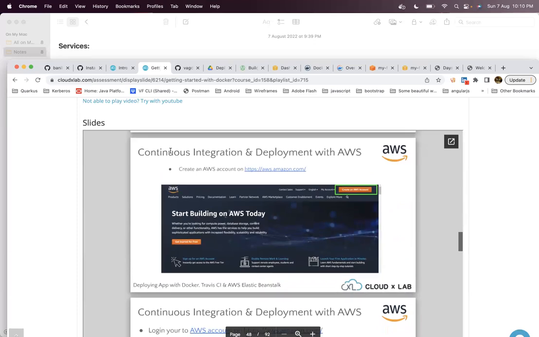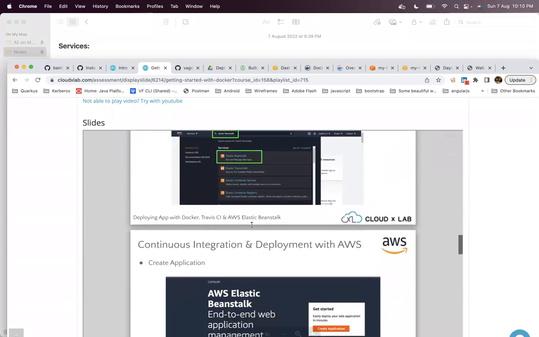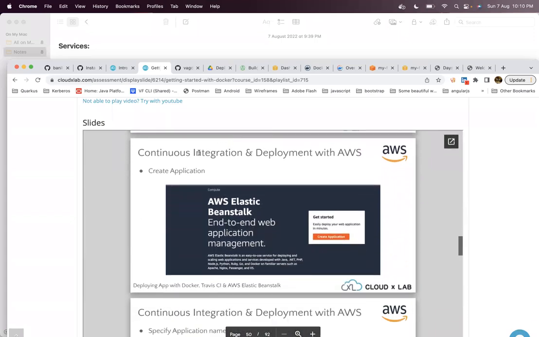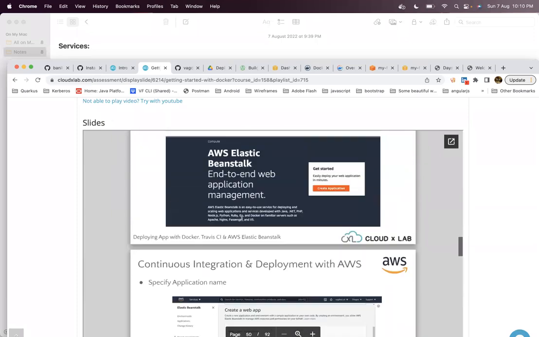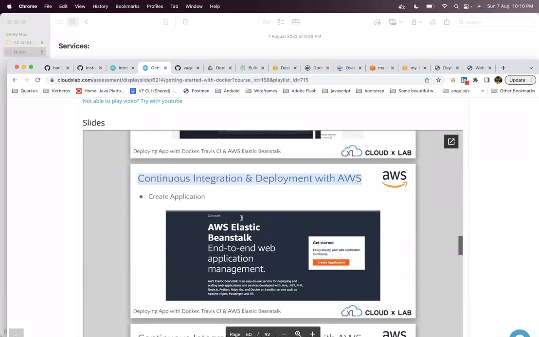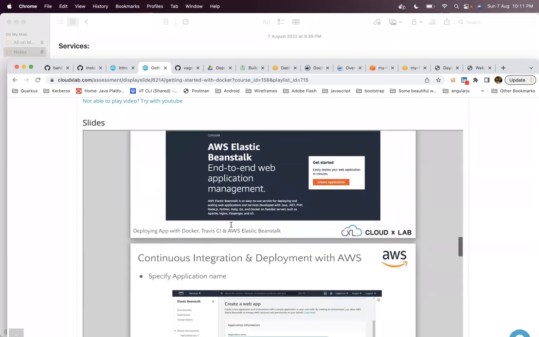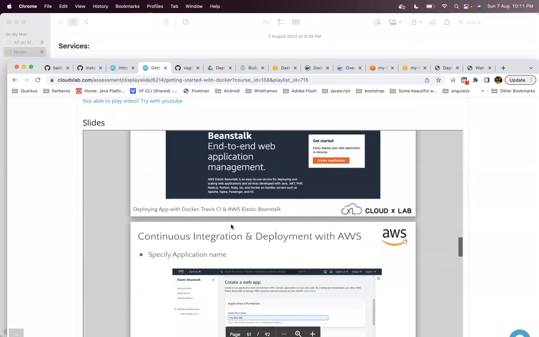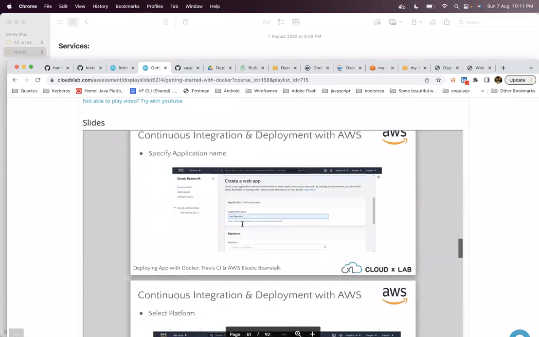Okay. Now we have a screenshot of all the things that we have, which I have shown you in the past half an hour. I have done end-to-end continuous integration and deployment in the past hour. That's what the slide is. So for reference, you can again refer to this particular slide and try to run it on your own using all these tools. Create your own AWS account and use Travis to deploy to Elastic Beanstalk of AWS.